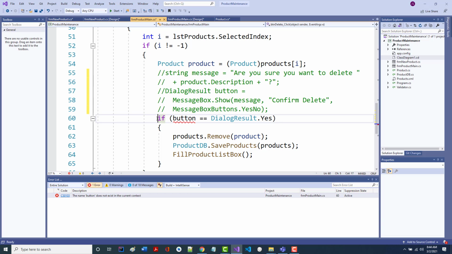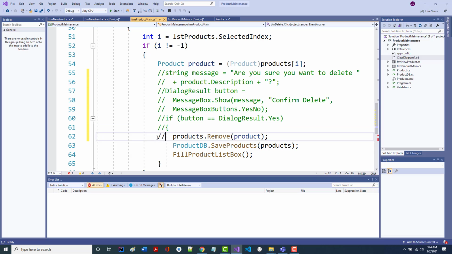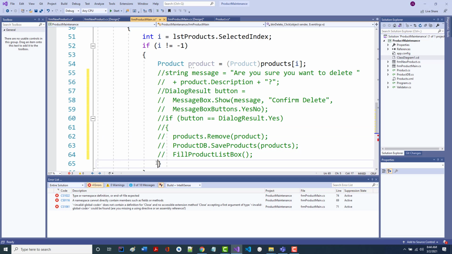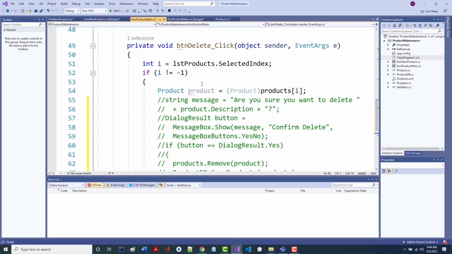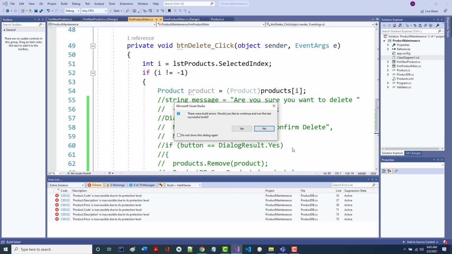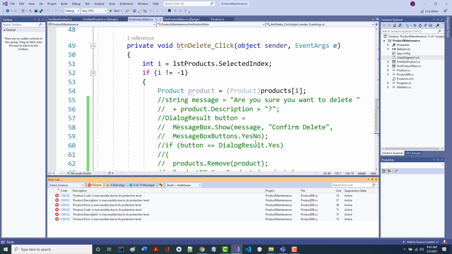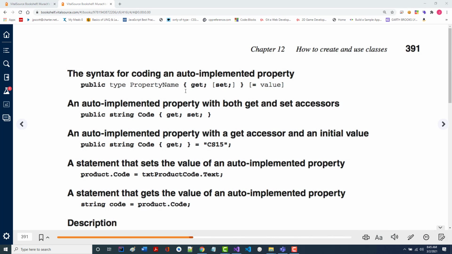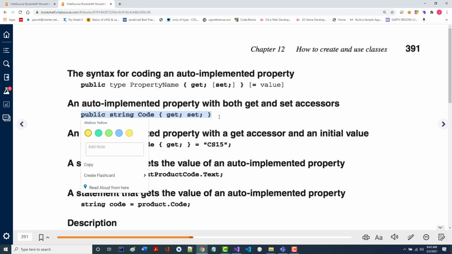So there might be other things that I have to do in here. But again, what I'm concerned with is not the delete button. I just took out all the delete button's code. But can I come in here and do this? Oh, it's giving me other errors. So there's a cascading effect. Changing it in one place is going to necessitate me changing it in other places. I'm not going to run through that. All I'm trying to get across to you is I believe we could have gone back and rewritten it so it looked like this. That's all.